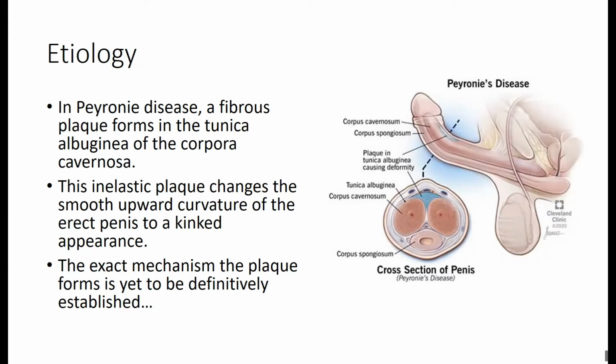Yes sir, it is trauma, an iatrogenic trauma or trauma through sexual contact, because of which there is inflammation, and that leads to fibrosis. It is a microsurgical trauma or microtrauma during penetration of the penis into the vagina, which may lead to inflammation, which may lead to fibrosis and plaque formation in the tunica albuginea. So this is the most common theory.